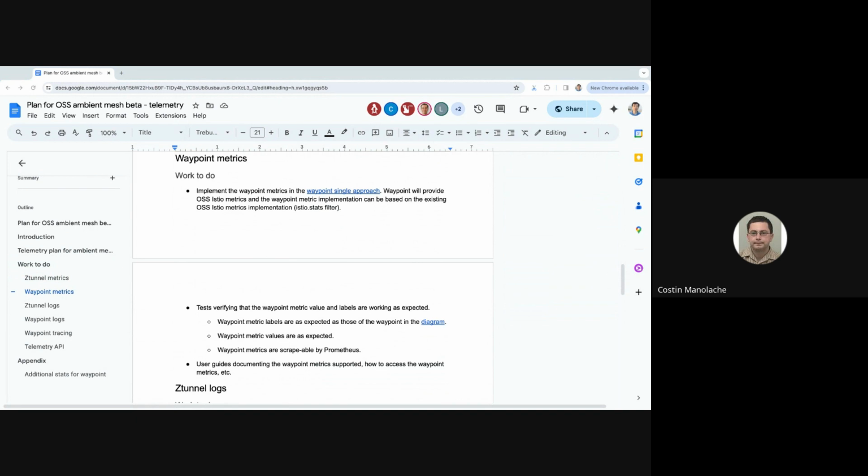In a waypoint, if they're in the same place, you don't capture the first. If we had two waypoints, an egress waypoint close to the client in the same zone and a destination waypoint, then yes, it would be reasonable to have two sides of telemetry. And OpenTelemetry semantic conventions also make a very clear distinction in the new semantic convention for HTTP, with client telemetry having a certain set of labels and server telemetry having a different set of labels and different names, actually. So it's no longer even the same name, it's a different metric.